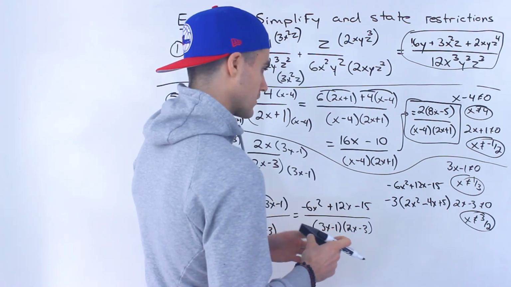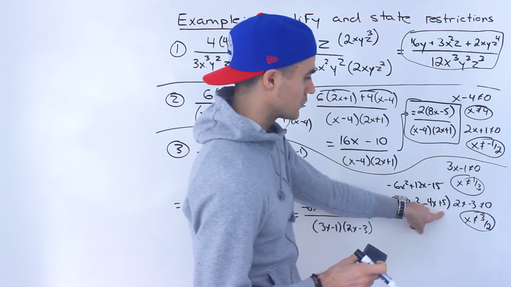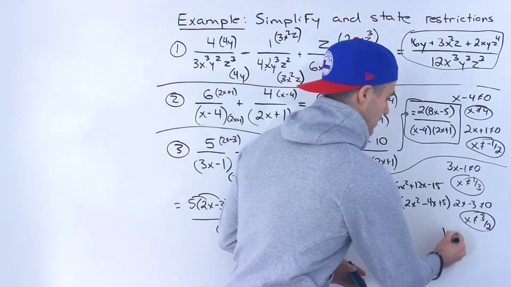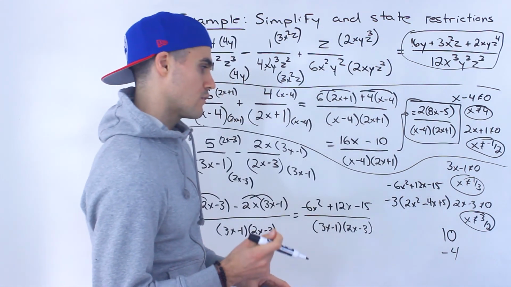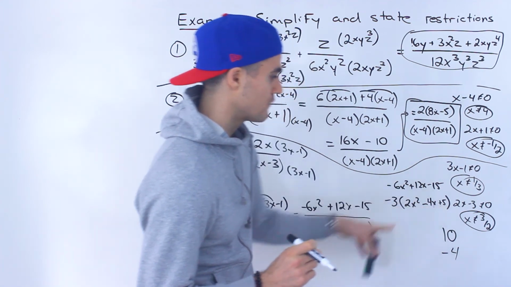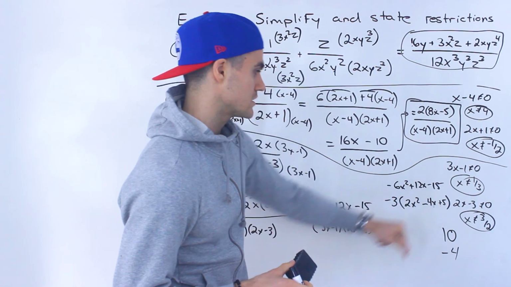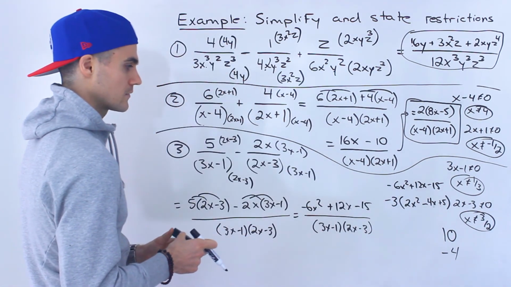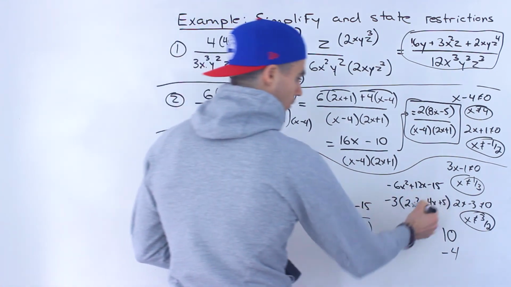And then from here, what you want to do, you want to see if this quadratic factors, and then taking the 2, multiplying it by the 5, we would get 10. What two numbers multiplied to 10 add up to negative 4? There are no two numbers where that would be a smooth factoring process. And so this here actually doesn't end up factoring. And so the final answer would either be this or